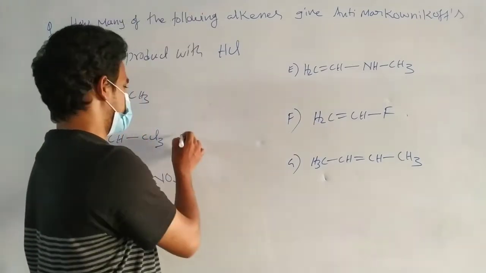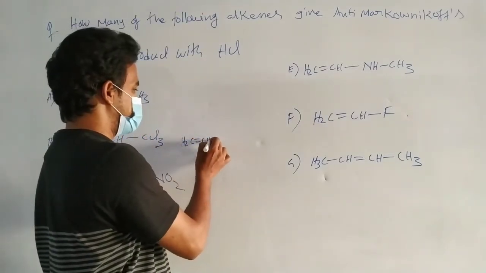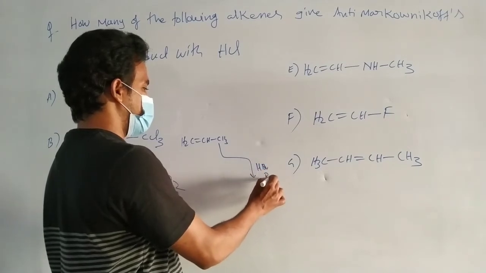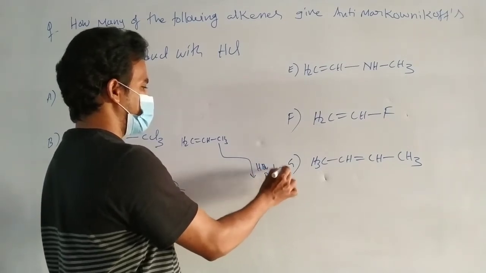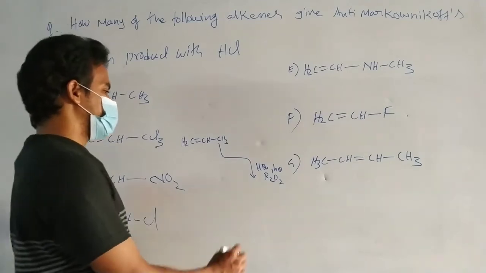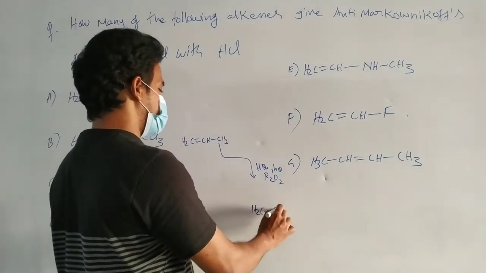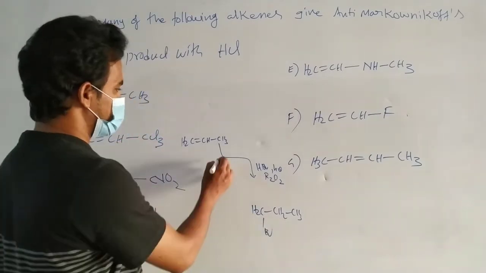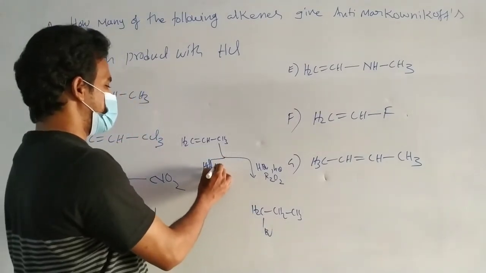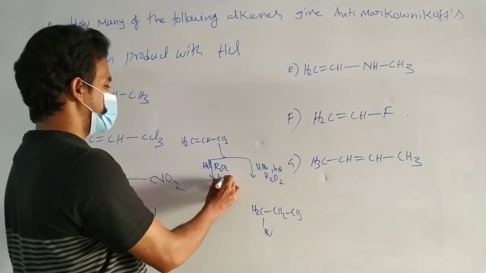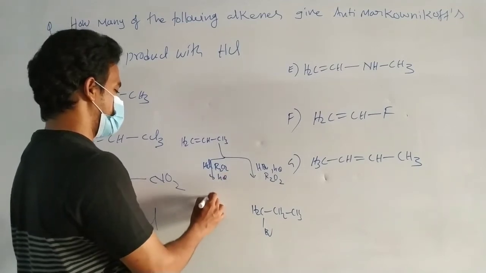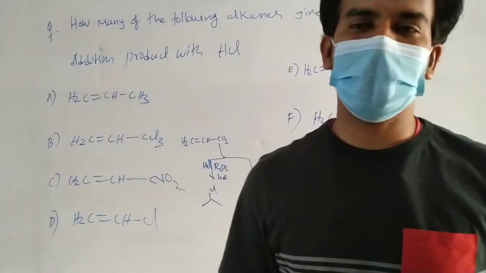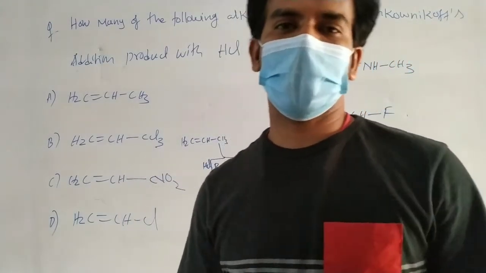You know this reaction, suppose CH2=CH-CH3 reacts with HBr in the presence of peroxide under photolytic effect. This gives an anti-Markovnikov addition product, CH2CH2CH3 with Br. Now HCl in the presence of peroxide under photolytic effect gives a Markovnikov addition product. So generally, in the presence of peroxide, HCl does not give the anti-Markovnikov addition product.